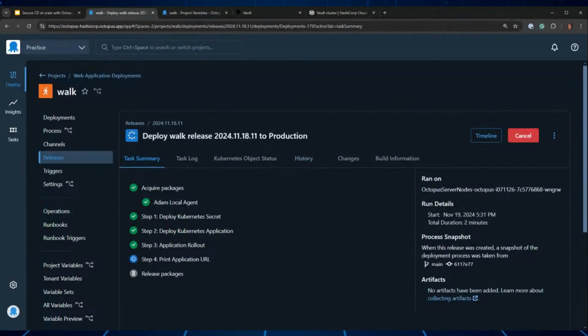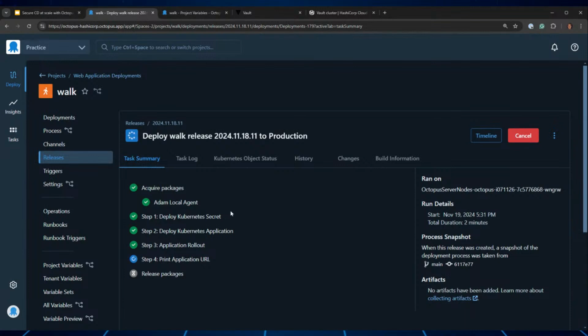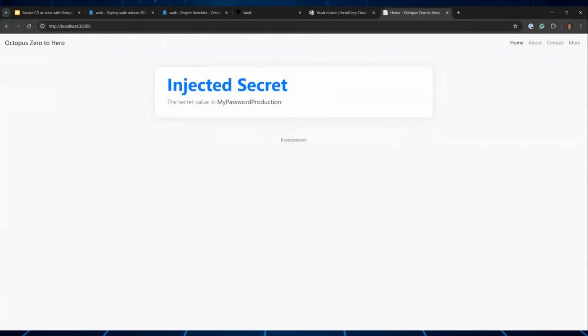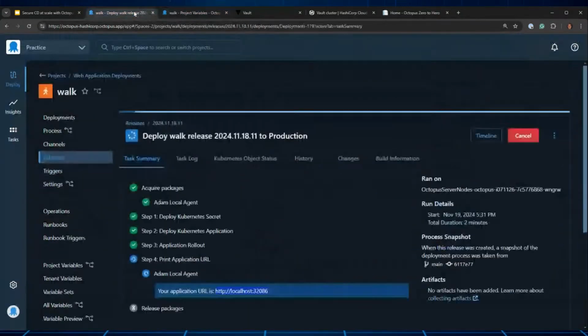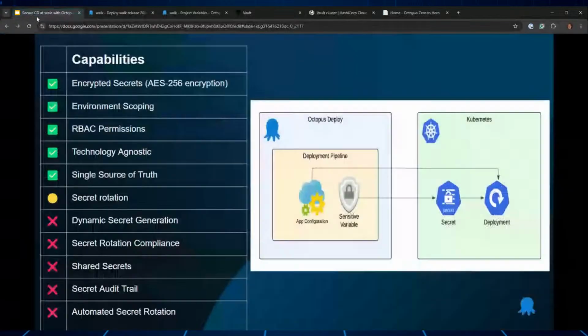So essentially what we've done there, Octopus has got those secrets as part of the release, and it's injected those into my deploy Kubernetes secret, okay? And this should be done in just a second. Give us a second. It's a pretty big URL, so I can just go and check this to prove that it's now working. You can see there I've got a secret, my password production, that was in my secret variable, okay? So hopefully we can see how, just through Octopus, you now take the first step to managing some secrets, right? But if we jump back to our slide, okay,